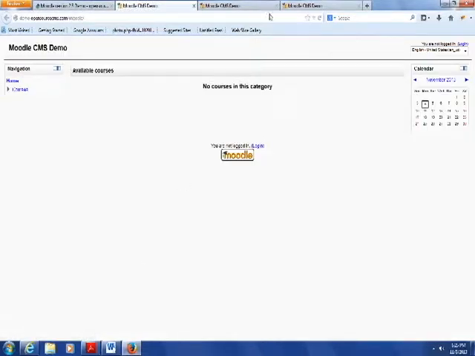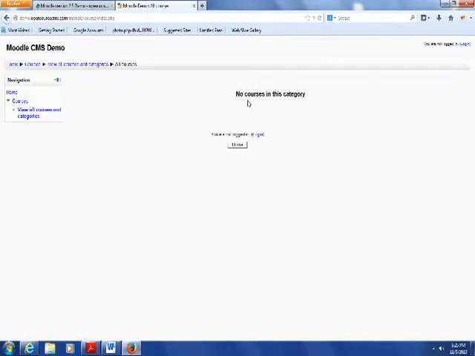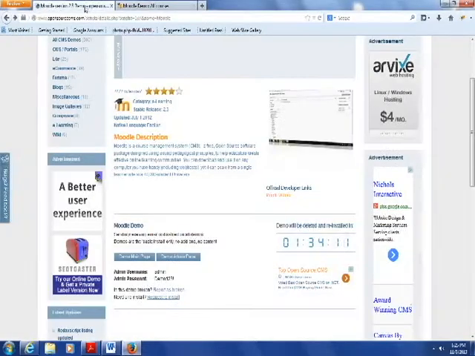Trying to go to their demo page, it offers you essentially, close these, a basic outline of what a page could look like, but there are no courses loaded. So it's kind of difficult to actually see anything and how this would function, so I'm not very impressed with the demo page here. What I ended up doing was going out to their website instead,